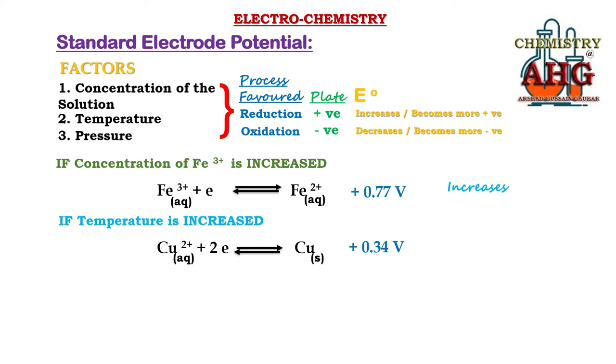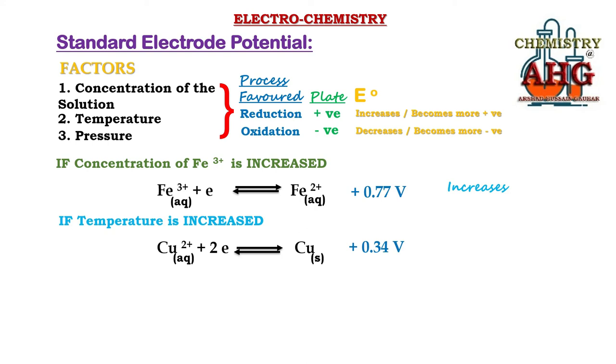And which enthalpy change is involved for the process of oxidation? Ionization energy. Whether it is first, second, third, or any ionization energy, all the ionization energies of an element are always endothermic. So what does this mean? It means whenever we increase the temperature, an increase in temperature would favor an endothermic reaction, and oxidation is always endothermic. So when you increase the temperature for this half cell, the backward oxidation reaction will be favored.